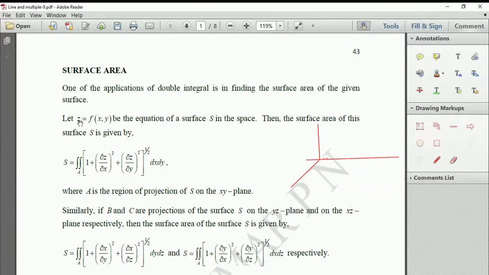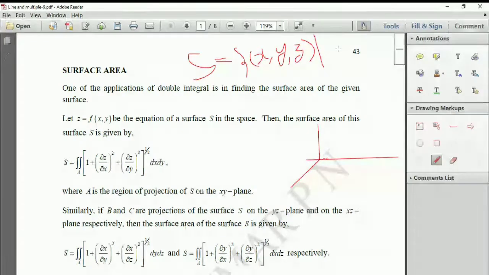And you have a function z, which is f of x, y. That is a curve satisfying a certain condition. The collection of all those points, you call that S. So your S is nothing but the set of ordered triplets (x, y, z) that satisfy the condition z equal to f of x, y, and as usual in our case, all these are real numbers. That S is represented by this equation.